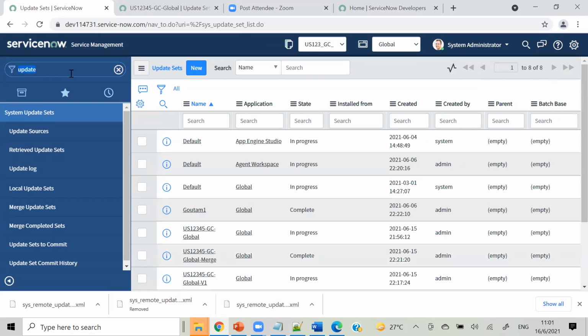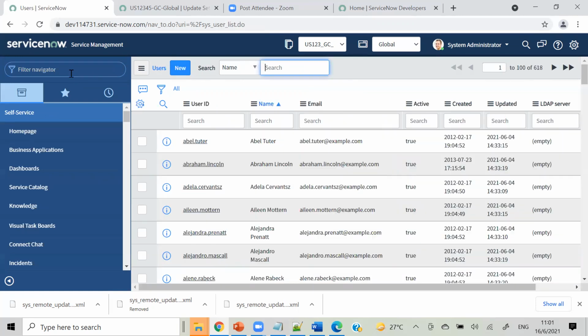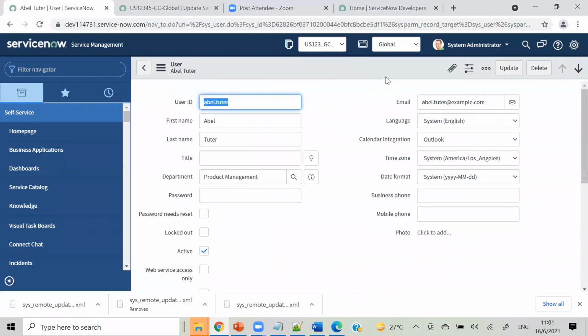There are some things, like I told you, that we can't capture user records. Whenever you create any user, it will not be captured by default, but you can capture that forcefully, and this forced capturing option is available from the Paris version in ServiceNow. So how will you capture it?